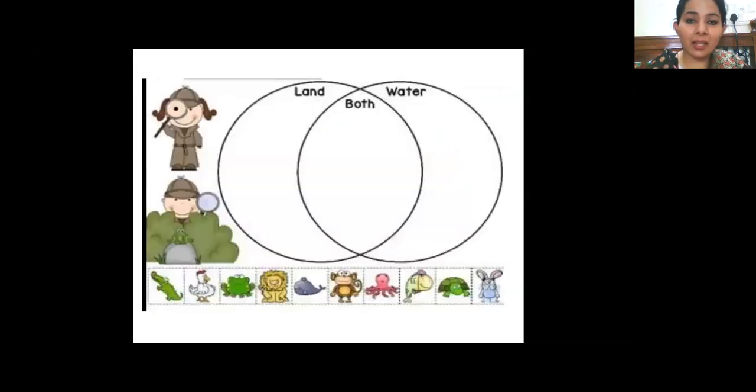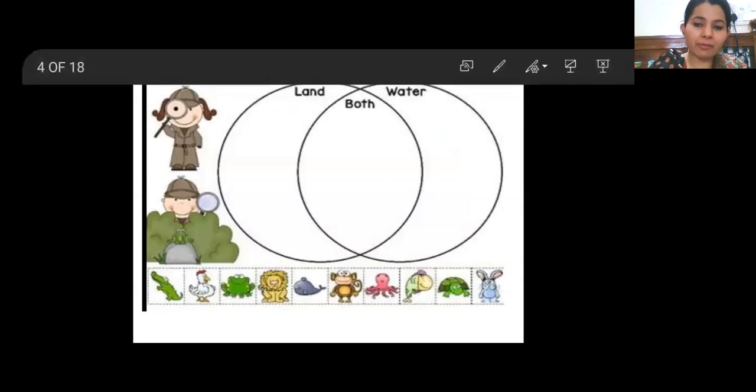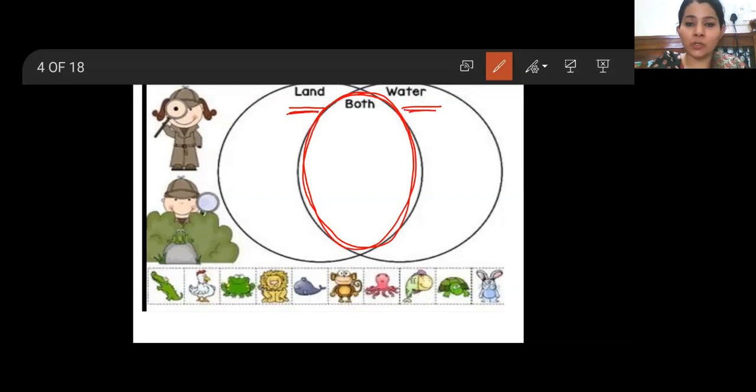Let's understand better with a lot of examples that I have got for you. So here on your screen, you can see this, it's a Venn diagram, it's a question given to you, and you have to put the information in the Venn diagram. I'll just give 1 minute, you can just pause the video and try it by yourself. Let me just explain it to you. Here in the Venn diagram, you have one circle for land animals and one circle for water animals. And the common area is both. Both means the animals that live on land also and are water animals also. They use both to survive.